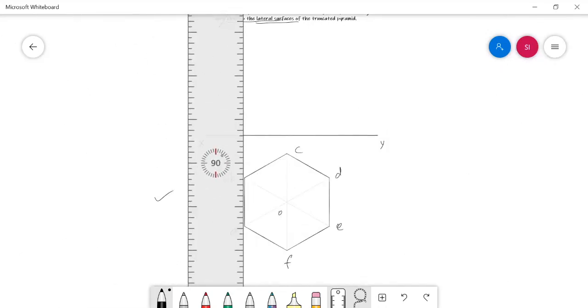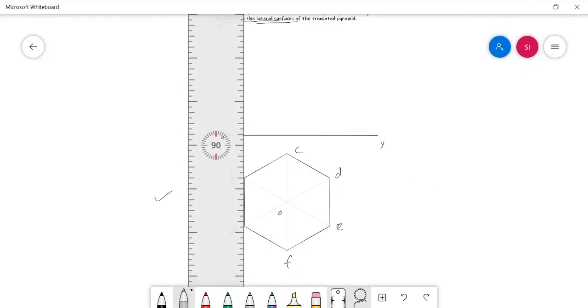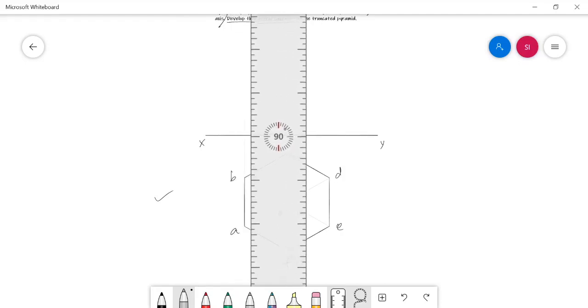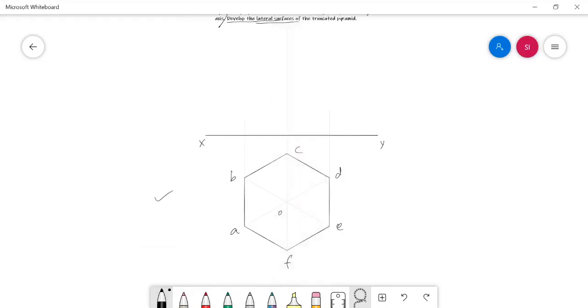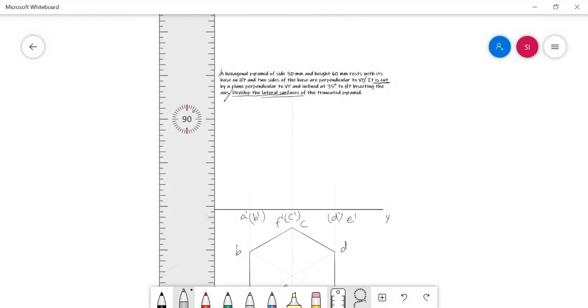Now let's project each and every corner towards the front view area. And this is A dash, B dash, C dash, F dash, and it is D dash and E dash. And let's consider the axis height of the solid. It is 60 mm.